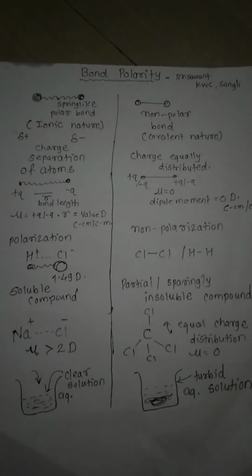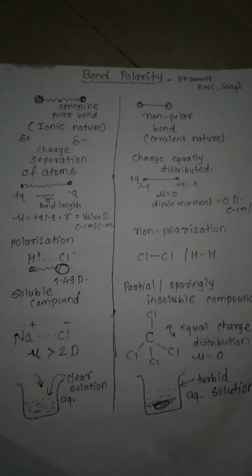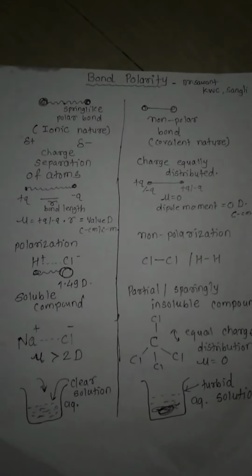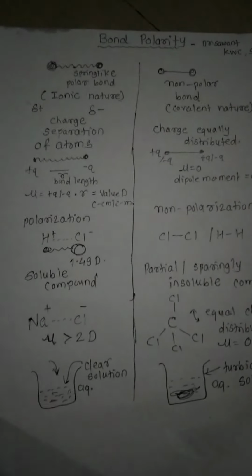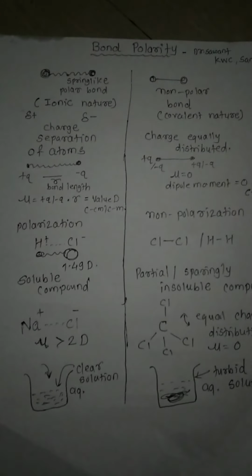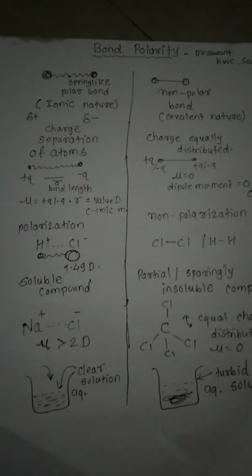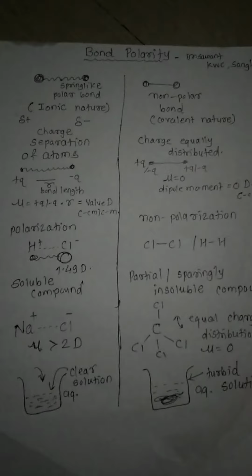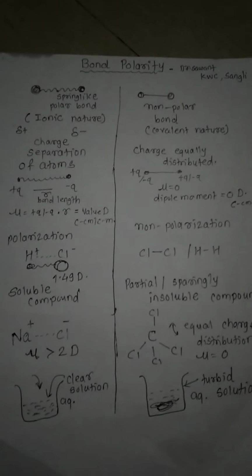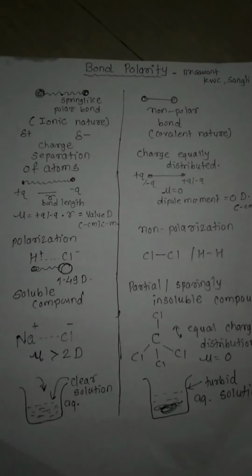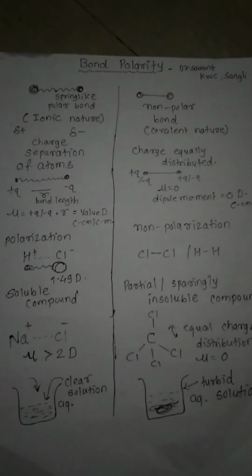So taking the example of HCl, we can predict that it is a polarized molecule having bond polarity. Its dipole moment is 1.49 D. It is a soluble compound like NaCl, where the dipole moment is greater than 2 D. These acidic HCl molecules or NaCl salt molecules are polar molecules, which give a clear solution in the aqueous medium,